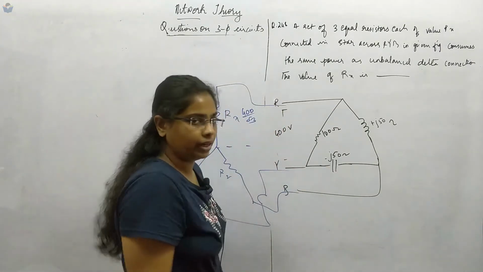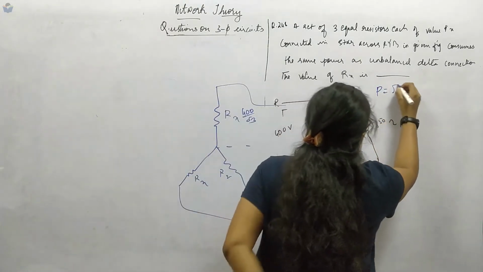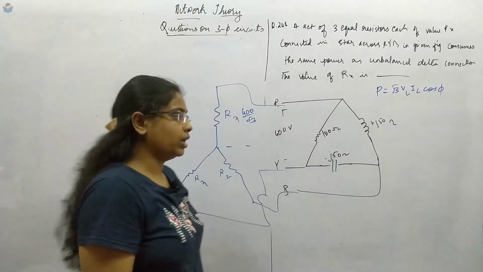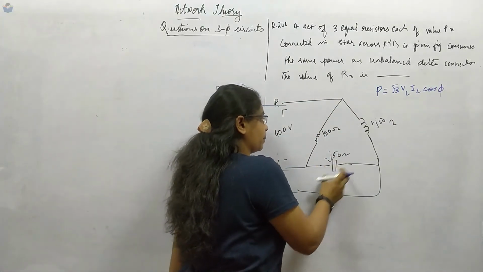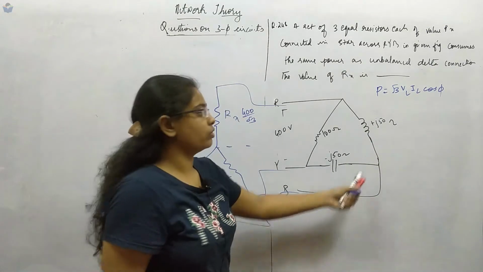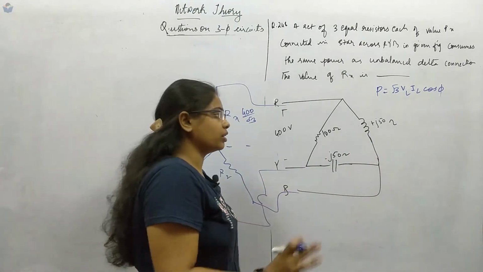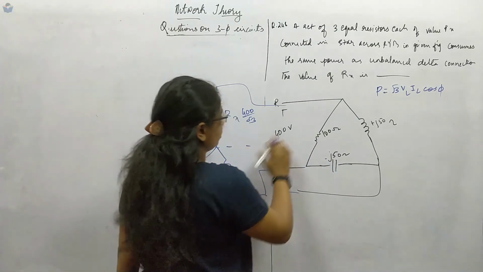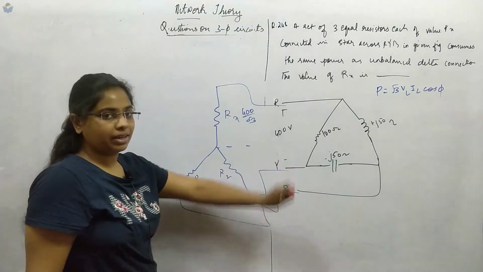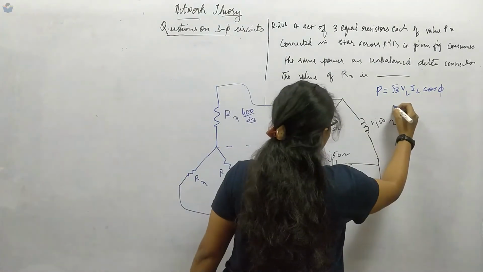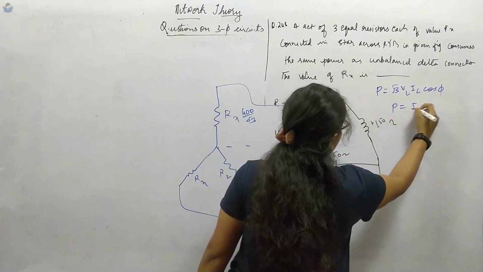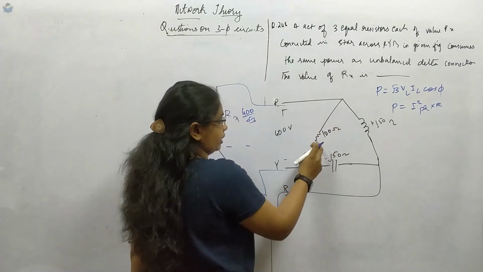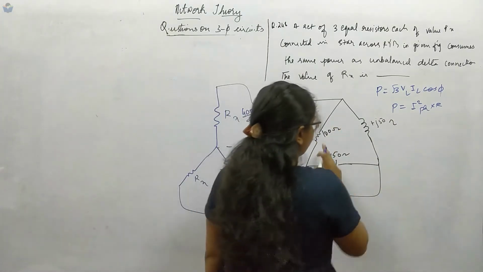First we have to find that out. So P will be equal to root 3 times VL IL cos phi. This is the formula, but observe here that we have a capacitor and an inductor. So the average power over these will be equal to 0. They do not consume power. So only the resistor is consuming the power, right? The phase voltage and line voltage are the same in delta connection. So we are only left with I square PH into R. Do not put 3 here, we are only calculating across the 100 ohms.